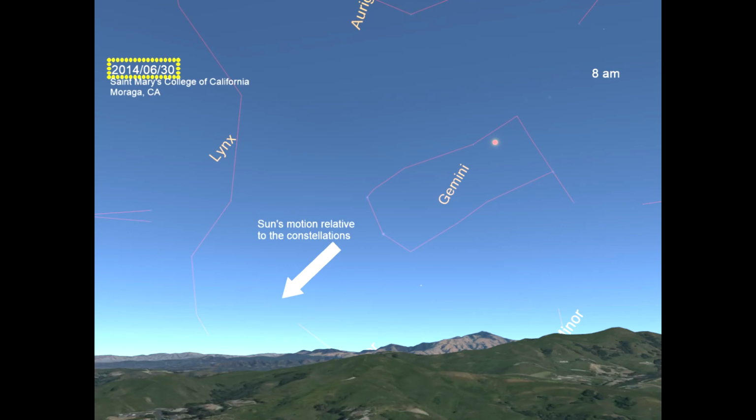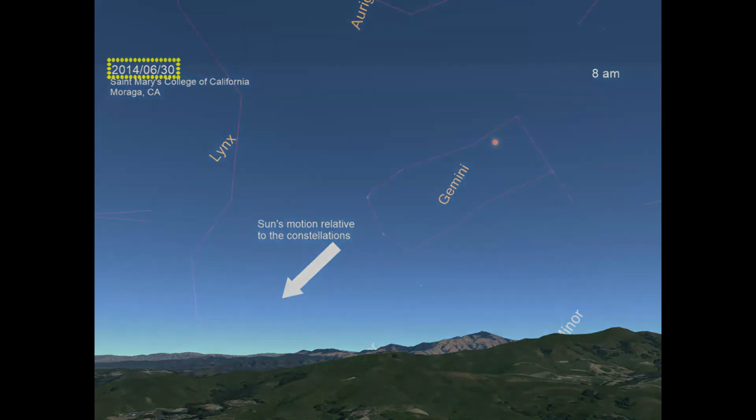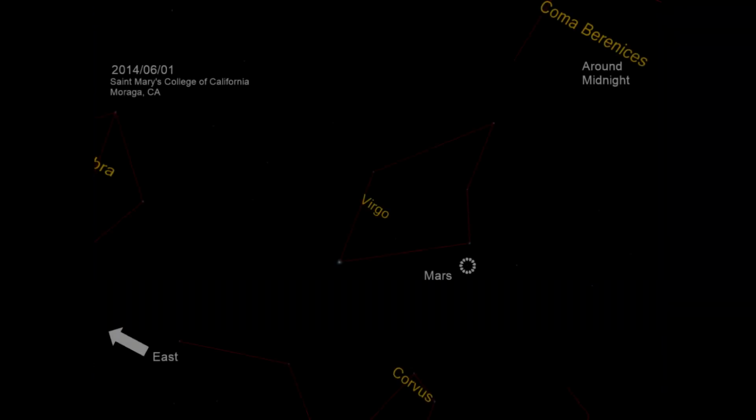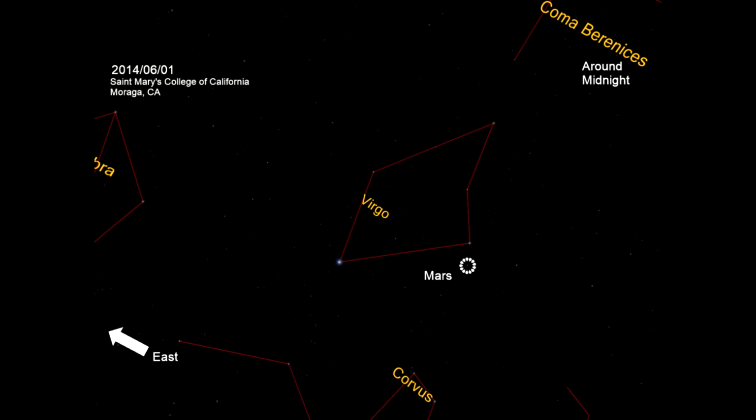The planets also move relative to the background stars, but to observe this motion, we have to track their location over the course of several weeks or months. This is easier done at night, when the Sun is below the horizon. Turning around to face west, let's watch the location of Mars over the month of June. Comparing its nightly location to the constellation Virgo, we will see that again the planet moves in an easterly direction relative to the constellation. Here it is at the beginning of June,